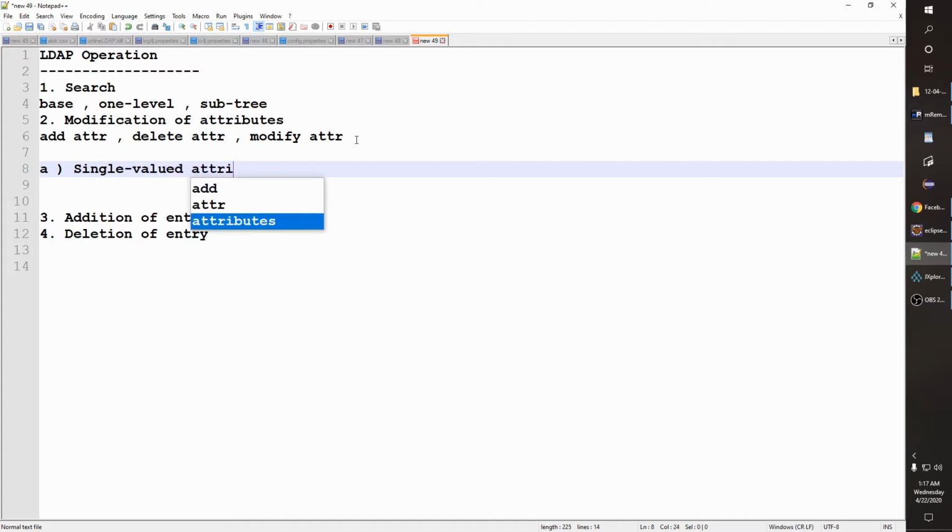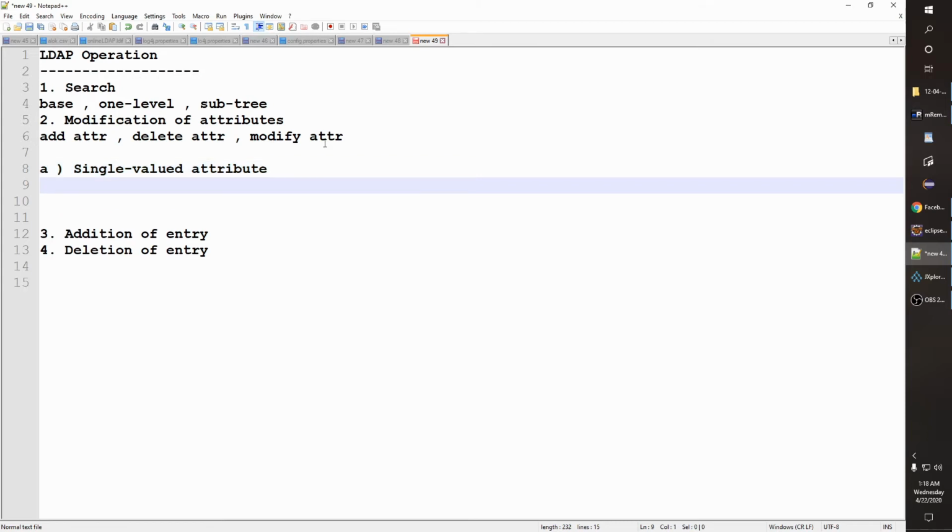When I say single valued attribute, it means there are attributes which hold a single value only, like age, UID, those are single valued attributes. Multi-valued attributes can hold multiple values. Let's take the example of mail. There could be a possibility the user may have multiple mails. So mail comes under multi-valued attribute.